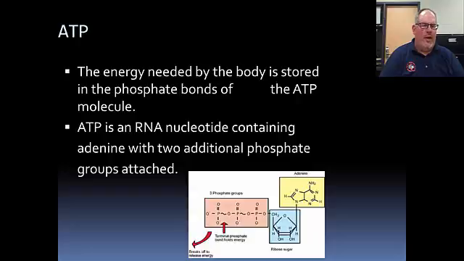And how the body actually makes energy is it'll break down something like glucose and it's going to make ATP, and it's going to add actually a third phosphate on the end. And so this third phosphate has an immense amount of energy, and so the body actually uses this and it'll break off that third phosphate, and when it does, it puts a lot of energy in for the body to actually make reactions happen. So all your muscle contraction, everything going on is actually being powered by ATP. Your thoughts and your brain working right now is through ATP. And so ATP is the energy currency of the body.